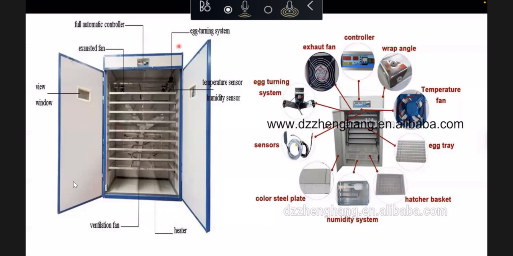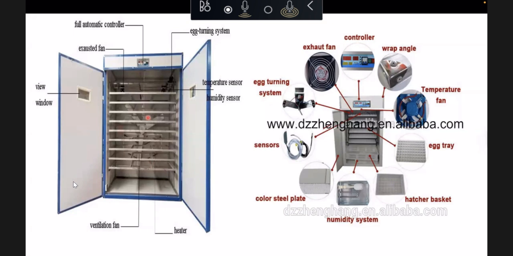Then inside we have one motor as well, which regulates the egg turning system. So it is called the egg turning system. That motor generates power to turn the eggs right and left, up and down. Okay, we'll try to see a video, not today, maybe in our next class, of how the eggs are turned inside the